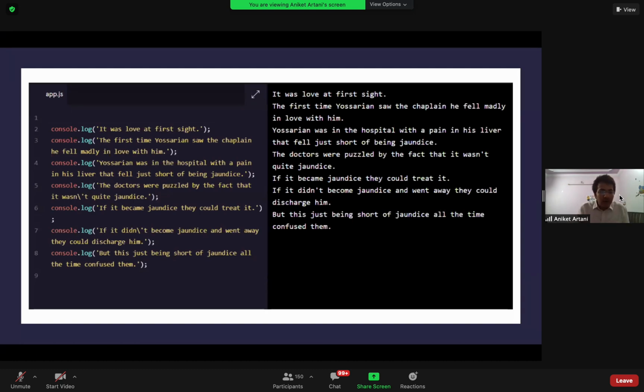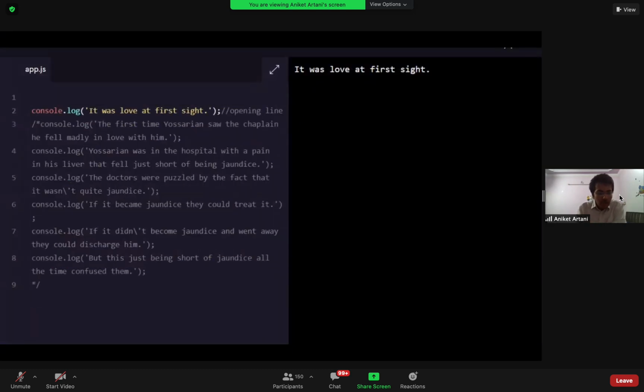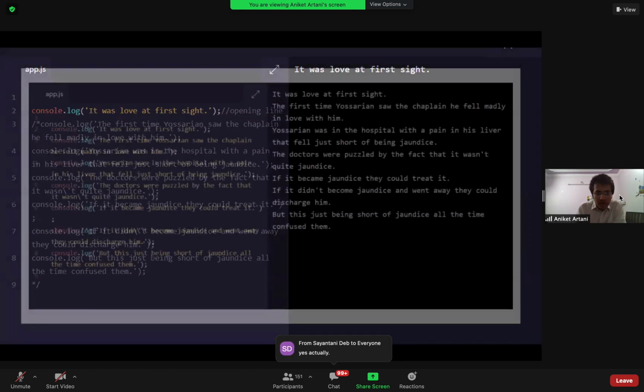This is another example of console.log where we are printing multiple lines. And now what we'll do, we will comment this. This is the opening line. We are commenting here the first line, that this is the opening line. And now from line 3 to 8, we don't want to print that console.log which was printing different lines.